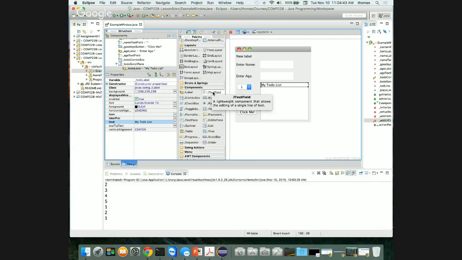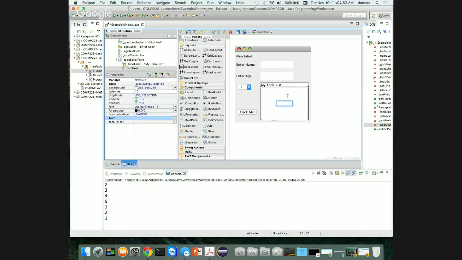So I'm going to take a J text field, and I'm going to click around here, and you can see that I can add it here, I can add it here, or I can add it in here in the viewport. Let's click on the viewport itself and see what happens. It's massive, right? My whole text field took up the entire screen here. It says columns 10, which I don't want. I want like one column,